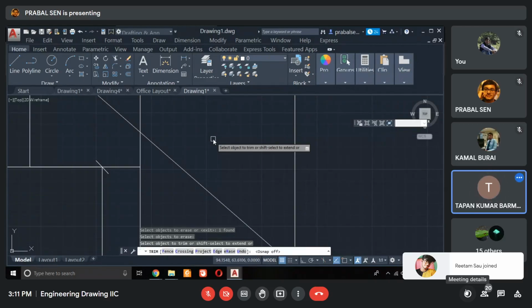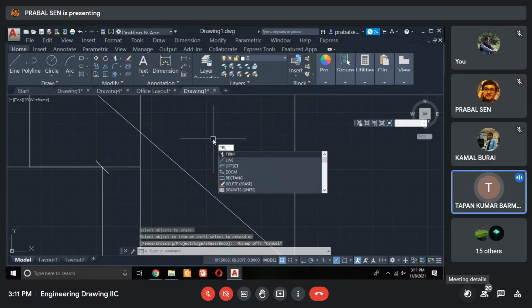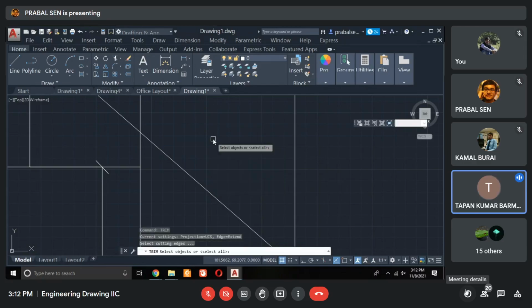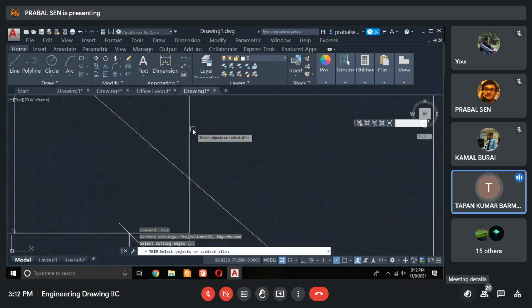So I need to check what type of setting you have made in your trim option. OSNAP is not basically going to make any problem there. But in the trim option, there should be some setting. Take trim again, enter, select object. You select the object or cutting edge. You make the cutting edge, not this line, the vertical line.